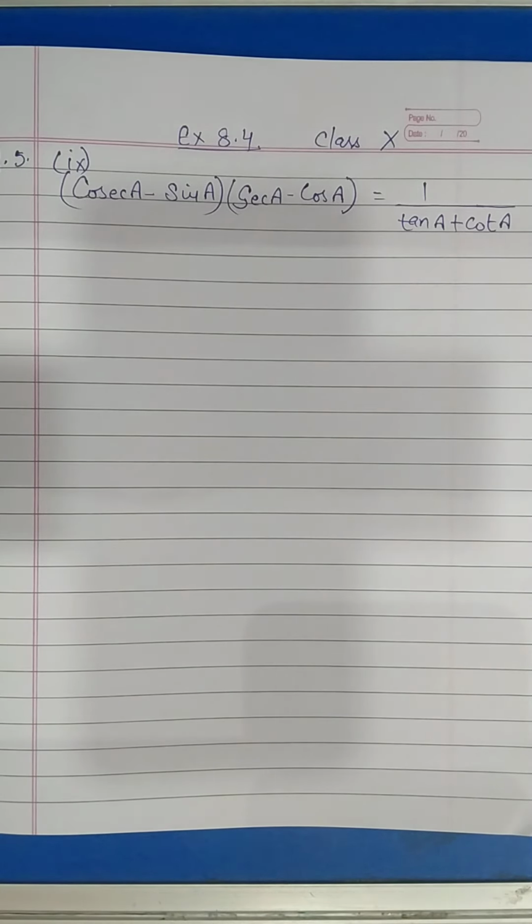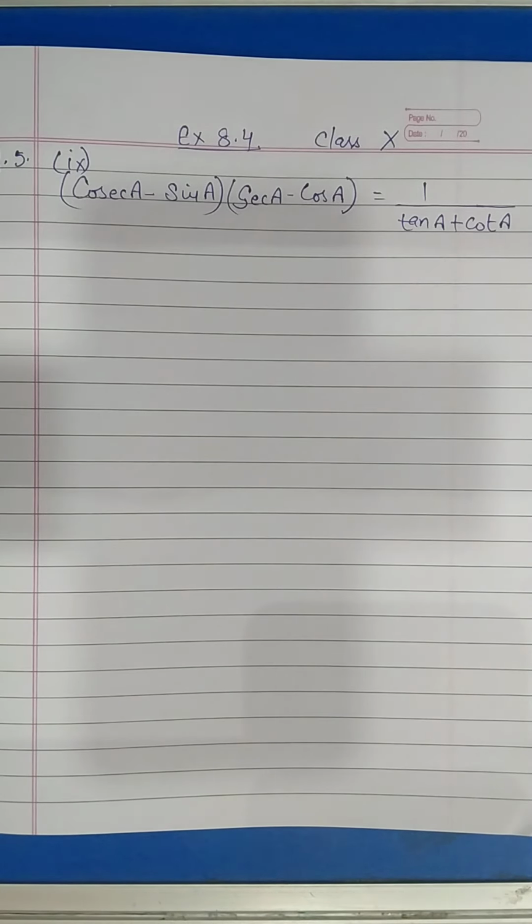Let's take the left hand side. Now here it's a cosecant minus cot, and cosecant you know very well. Cosecant means reciprocal of sine minus sine A. And secant is reciprocal of cos. Now we can take the LCM. Now what's the LCM? Sine A. Sine cancel, 1 is left. Multiply by numerator 1, minus. Here nothing means denominator is 1. Sine divided by 1 is sine A. Sine multiply by sine, it's sine square A.